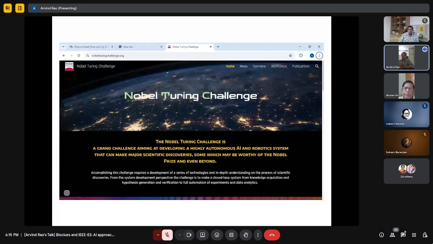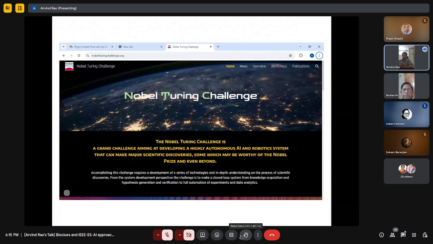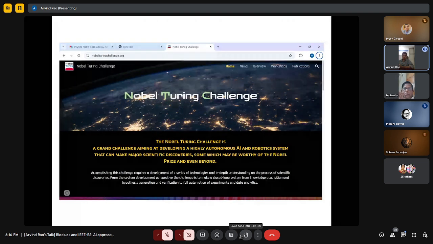Based on this energy, there's in fact a very popular challenge called the Nobel Turing Challenge. It hypothesizes that by 2030, a completely automated engine will make a Nobel Prize winning discovery. Nobel Turing is a combination of Nobel, the Nobel Prize person, and Alan Turing, whom you might have heard of in computing circles. With all that's happening in AI, an AI-based engine making a Nobel Prize-winning discovery is distinctly feasible by 2030.